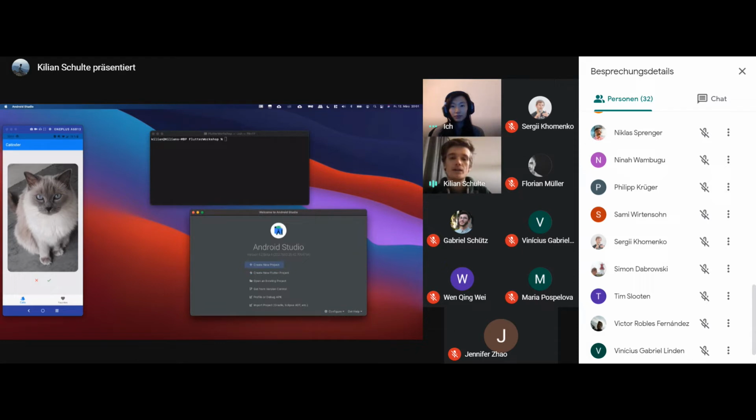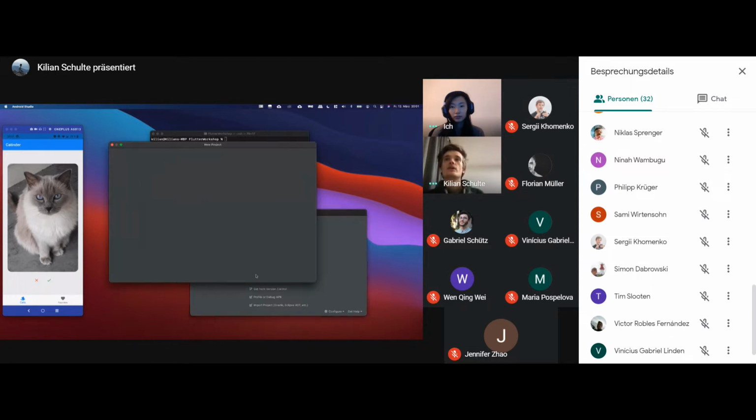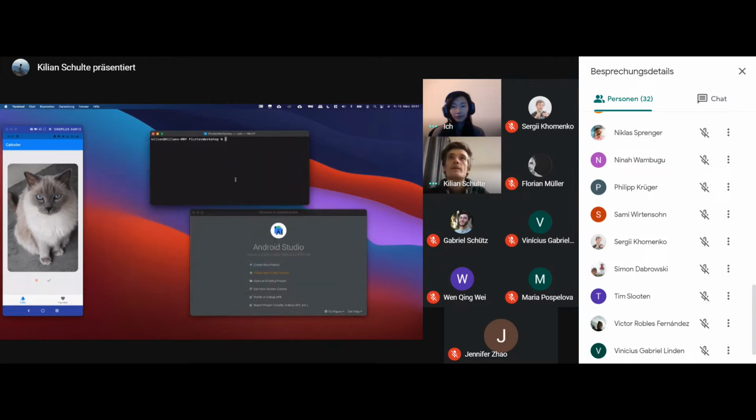So when you start a new Flutter project, you have two options. When you use Android Studio, you can actually directly create a new Flutter project from Android Studio. And this is really nice. It gives you a look over all the options that you can define for a Flutter project, and it walks you through what you have to do. But we are not actually doing this today,